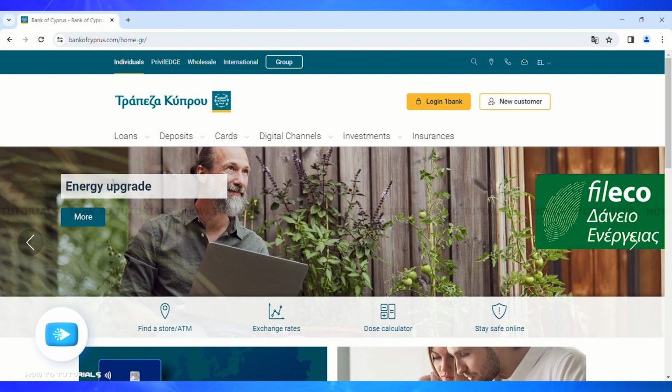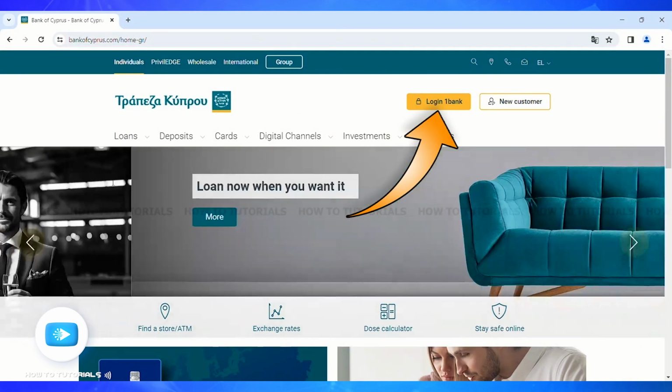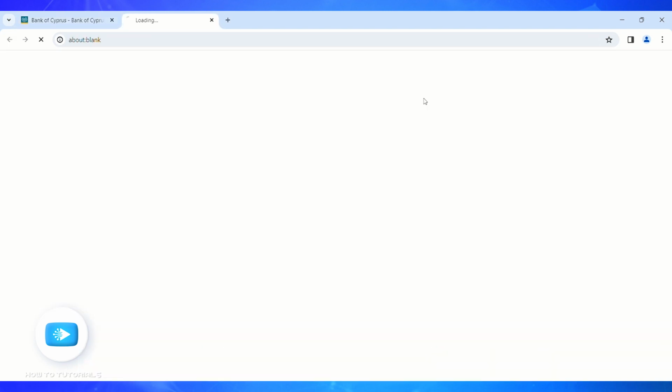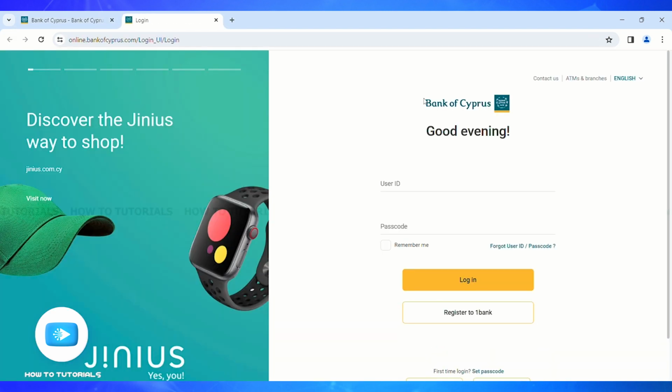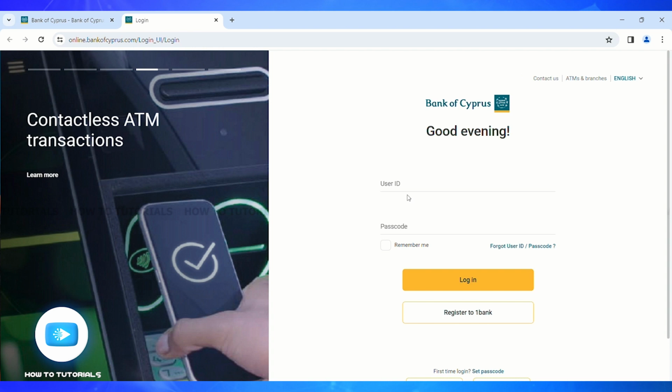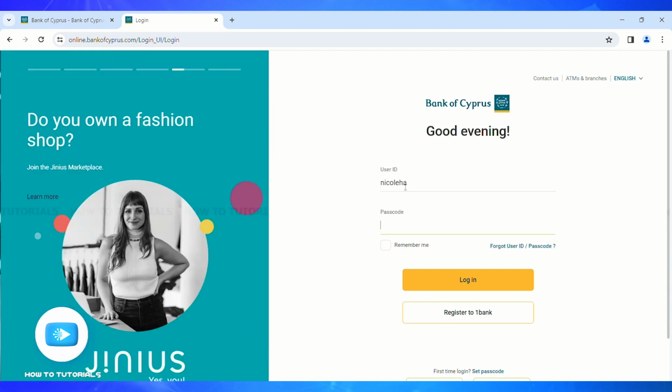Now on the home page, you'll be able to see the Login One Bank button. Click on it and you'll be led to a new login page. Here all you'll have to do is enter your Bank of Cyprus account username, and just below that you'll have